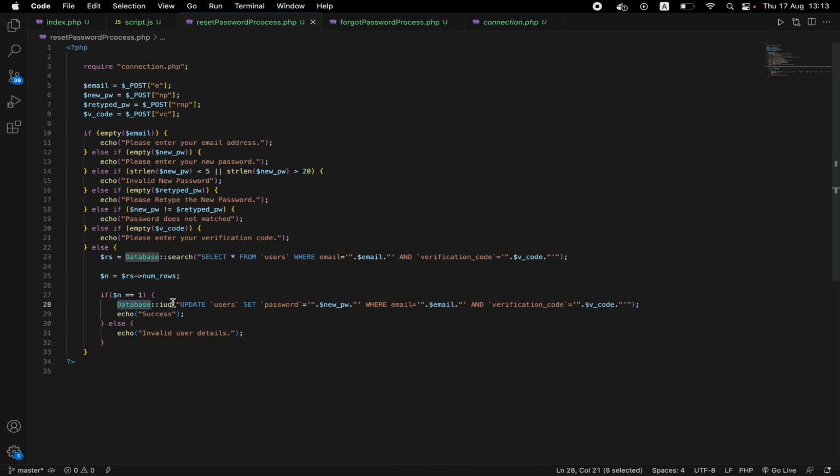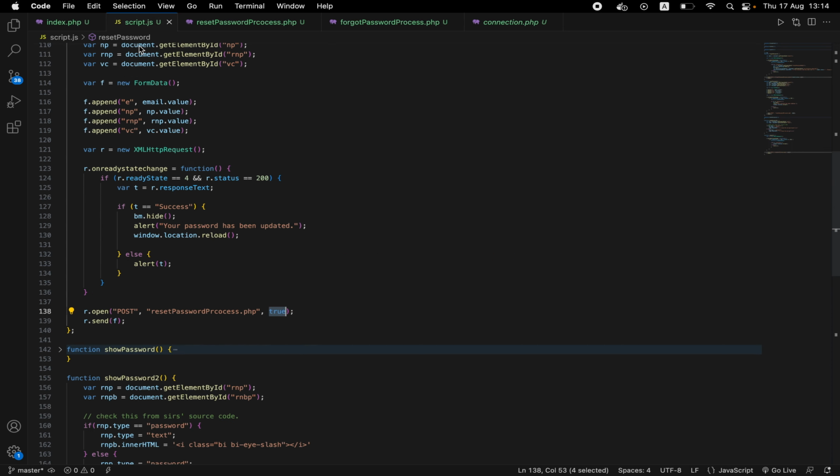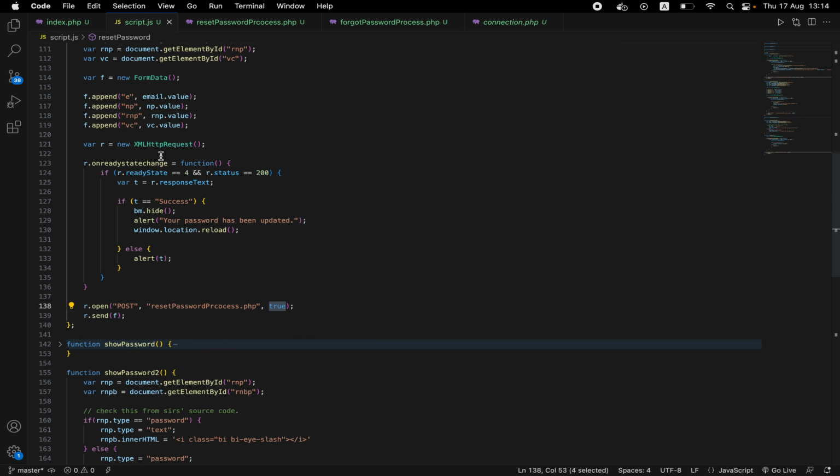To do that, I have used again inside this Database class, we have the insert update delete method. So this will accept a parameter. So I'm going to send this update as the parameter: update users set password, so change the password to this new password where email equals user's email and verification code equals user's verification code. So after that we are going to send this success message,